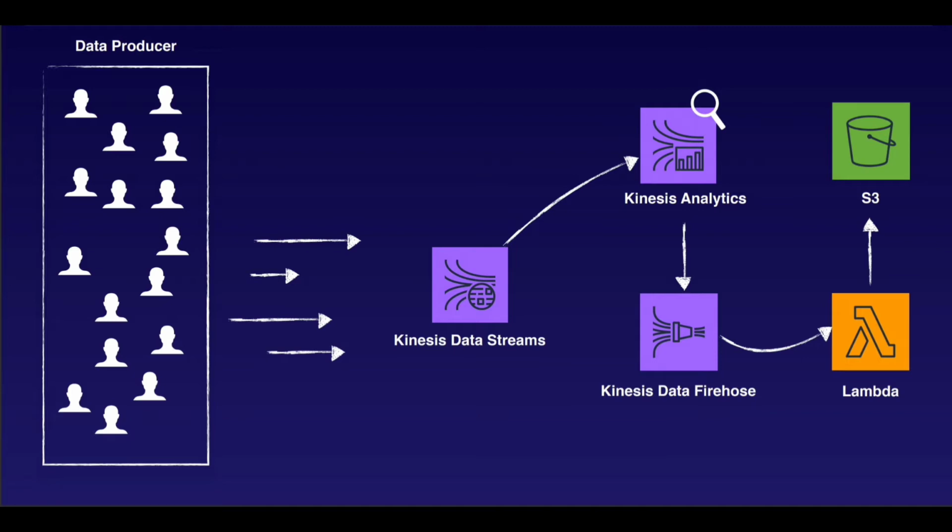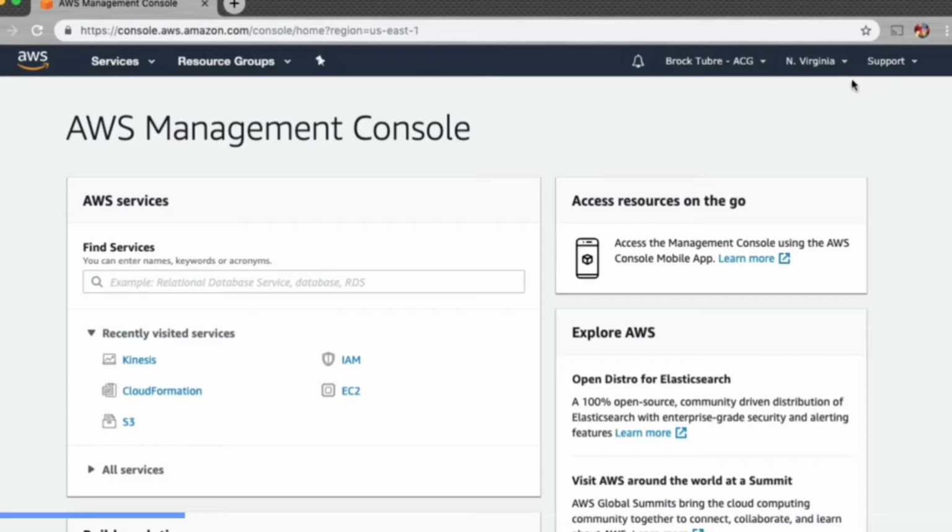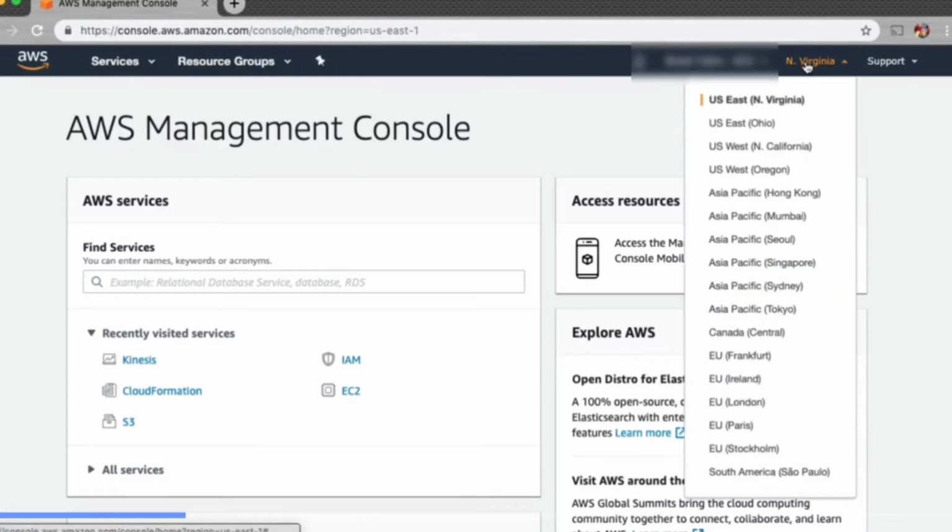One great thing about this approach is it shows how all of the Kinesis family services are interconnected and can work together to create a completely streaming workflow, transform your data, and land it on a data repository. So I will walk you through each one of these steps and I will show you how I approach the problem and how we can get that transformed data onto S3. So if you are ready, let's jump into the AWS console and you can follow along with me and I will show you the ways.